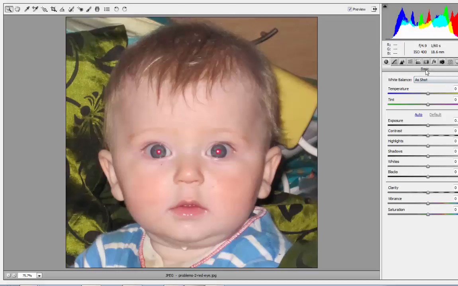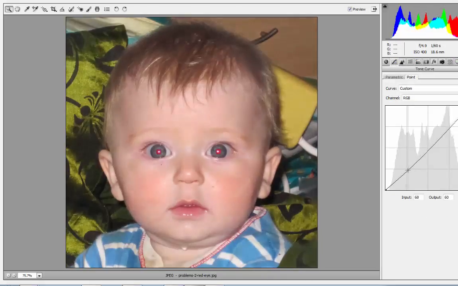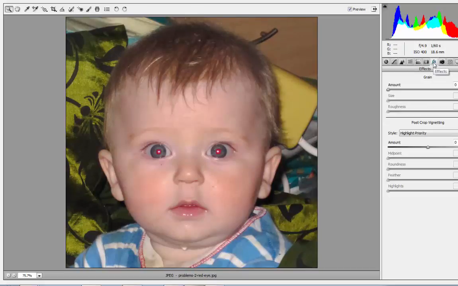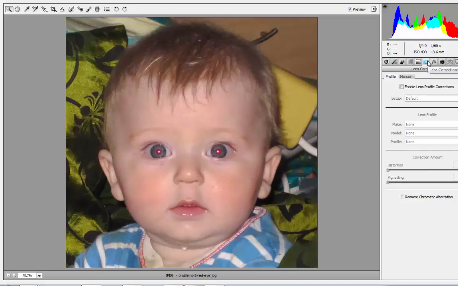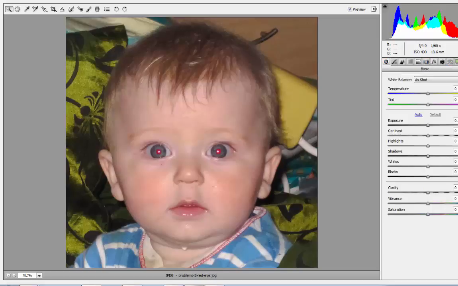On the right hand side are these different panels. Like if we click on this tone curve and start to adjust the curve, you can see the effect. Then we have FX icon with these options, lens corrections, basic and all sorts of different kinds of things. I suggest you to go ahead and experiment what all these panels actually do. What I will show is how to create a vignette effect quickly using Camera Raw.